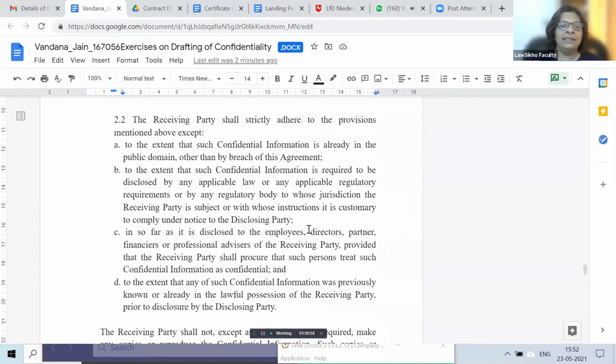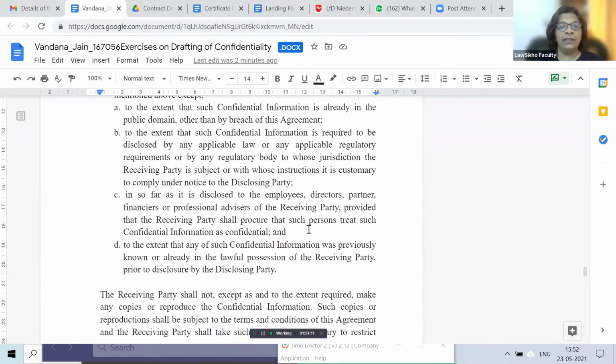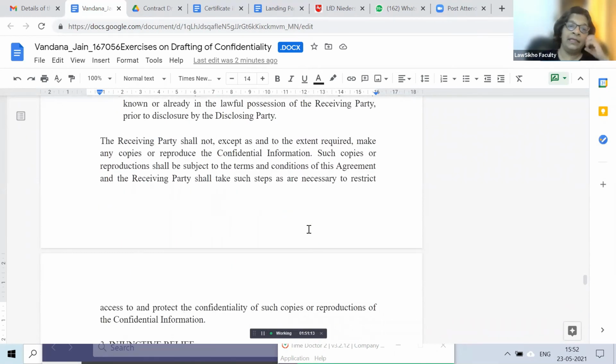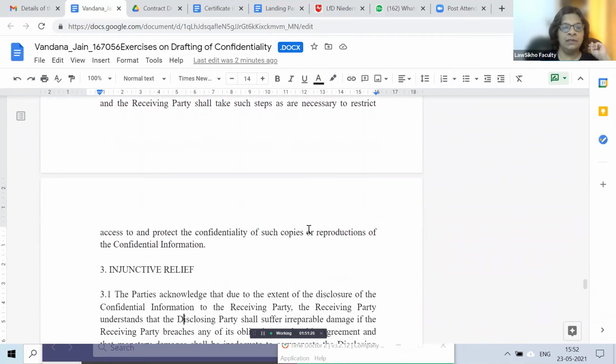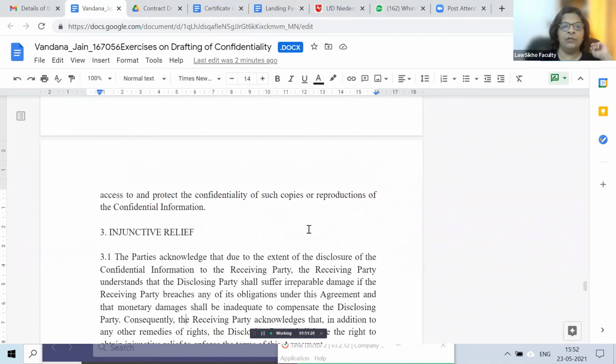Okay. To the extent that any of such confidential information was previously known or already in the lawful possession of the receiving party prior to disclosure by the disclosing party. Okay. Will not accept and to the extent required make any copies or reproduce the confidential information. Copies or reproductions will be subject to terms and conditions of the agreement. Okay, and they will take all steps as necessary to restrict access. Parties acknowledge that due to the extent of the disclosure of confidential information, the receiving party,